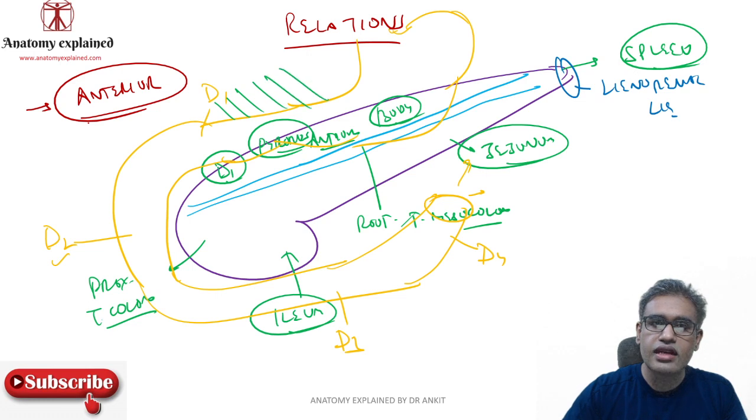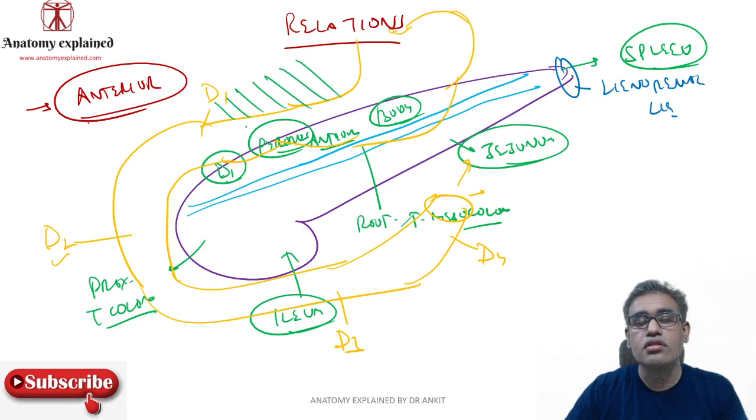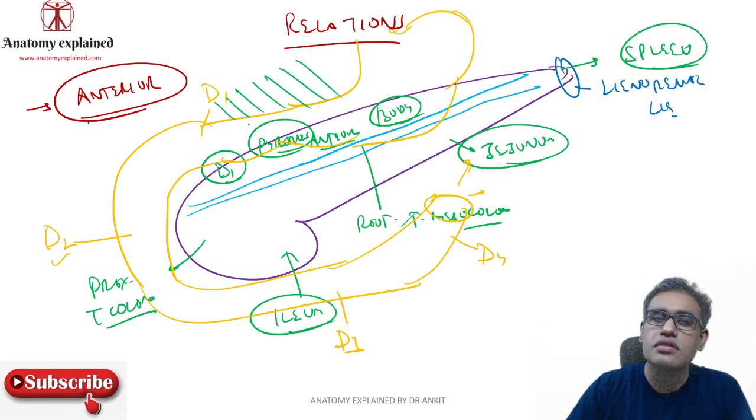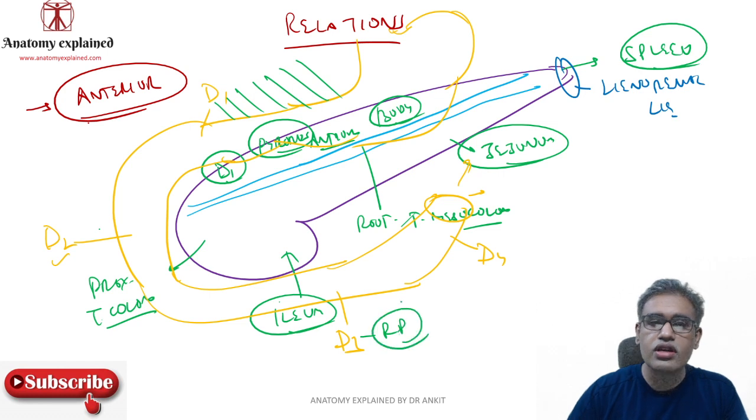where if we try to make, this would be our lesser omentum. So this part is intraperitoneal. Therefore it is lying in front of the pancreas. All this D2, D3 and D4, they are at the level of the pancreas, because these are again secondary retroperitoneal, as the pancreas. So they are at the same level. So this is the anterior relation. Anterior relation is the attachment of the root of the transverse mesocolon.